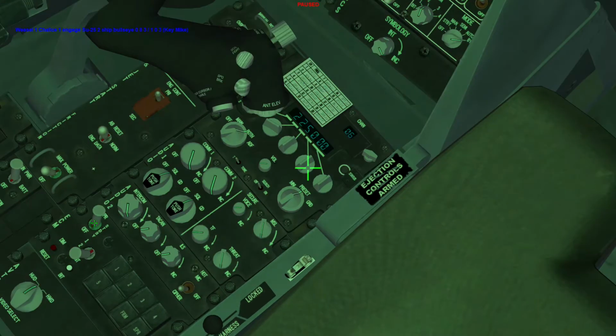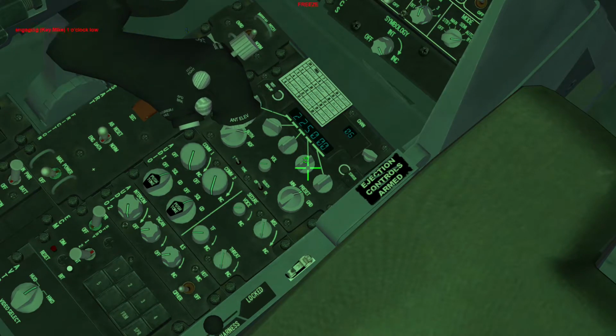The next thing what I have to do is, here is the radio set. Two ship bullseye